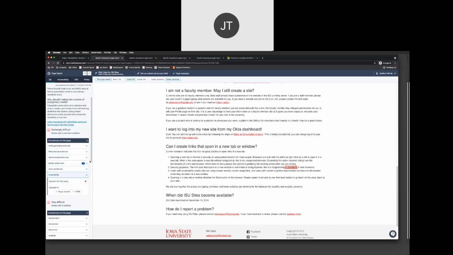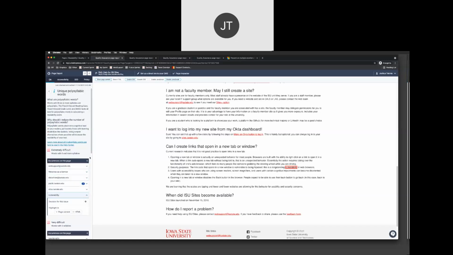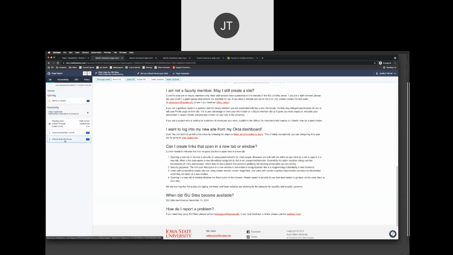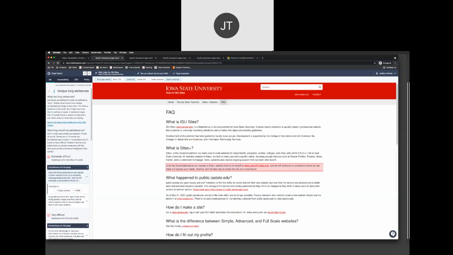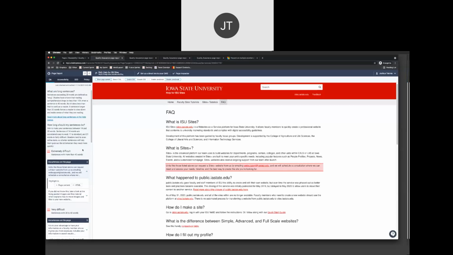But if I did, it would be good to note, okay, maybe I can find a simpler synonymous word that's a little shorter and will help things out more. Now, I'm going to go back, click this arrow here to go back to see, we can also highlight unique long sentences. So this is going to flag difficult sentences on the page, and I would personally consider this probably a higher priority than finding difficult words, unless there's a particularly difficult word, because breaking up sentences or shortening sentences tends to be a little easier to do from an editorial standpoint.